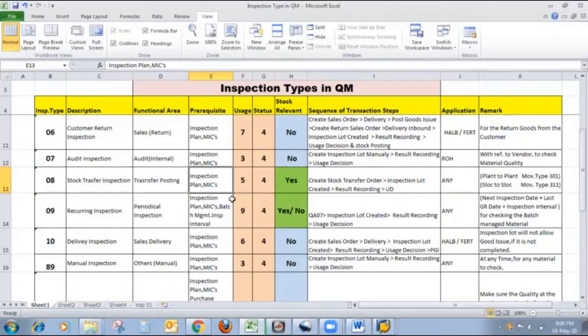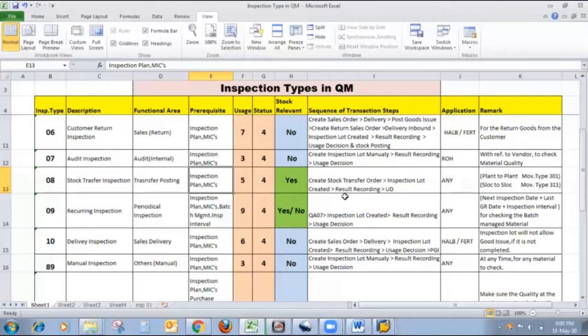The sequence of transaction steps for generating an inspection lot for stock transfer inspection is: create a stock transfer order first. With the help of T-code MIGO, we will transfer our lot from one storage location to another. Then the inspection lot is created automatically, and then we do result recording, UD, and stock posting.